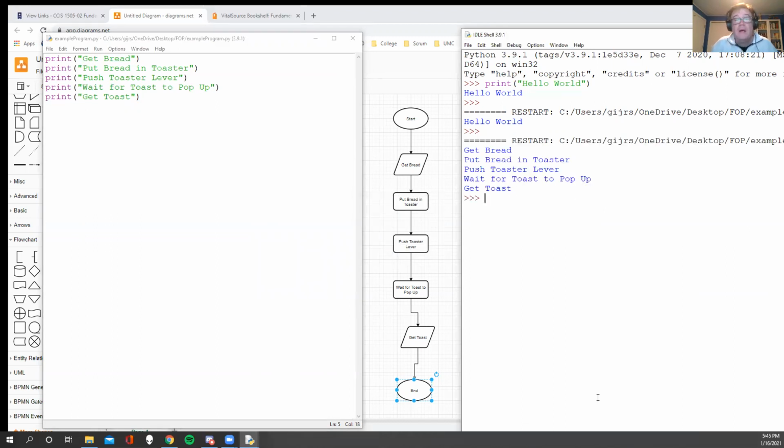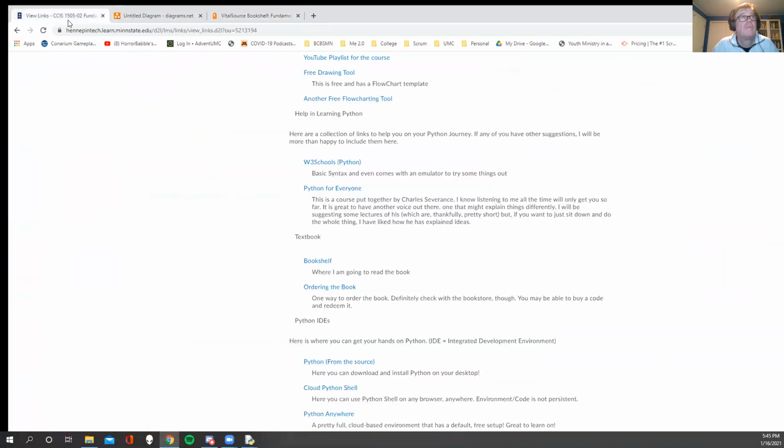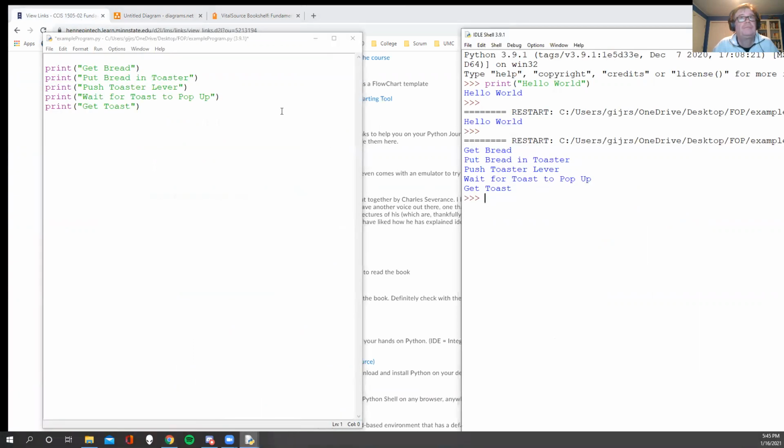Pretty awesome. Now, the one other thing we want to do, though, is put a comment at the top of this. And this is what you'll see in the textbook example on page 17. On page 17, what you'll see is, hey, what the heck is that? Right? So getting back to my example,